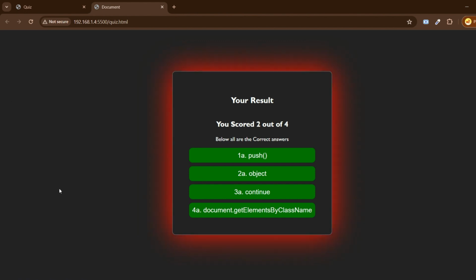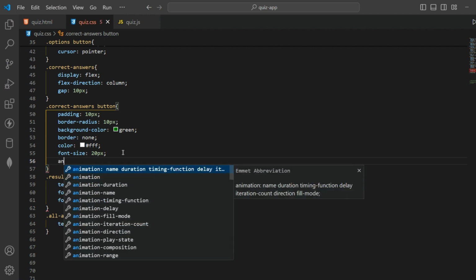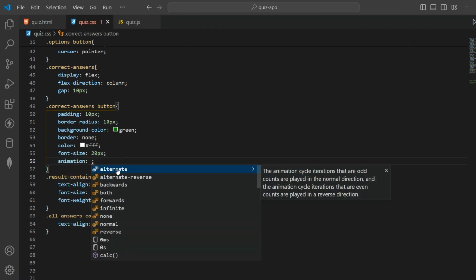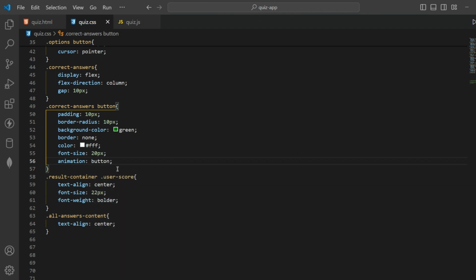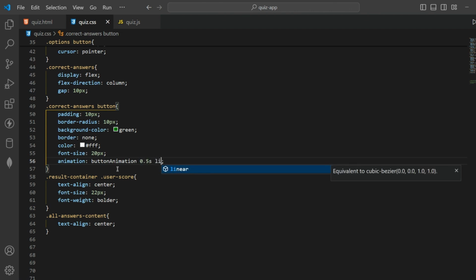So after that, let's add an animation for these buttons as well. Like we'll rotate for 2 times. So for that, I'm going to use the animation here, and then I'm going to name it as button animation, and then this will be applied for 0.5 seconds, and then animation timing function will be linear, and the styles will be applied for